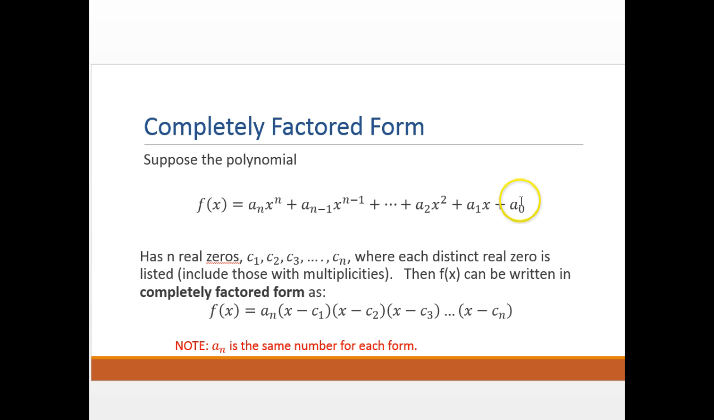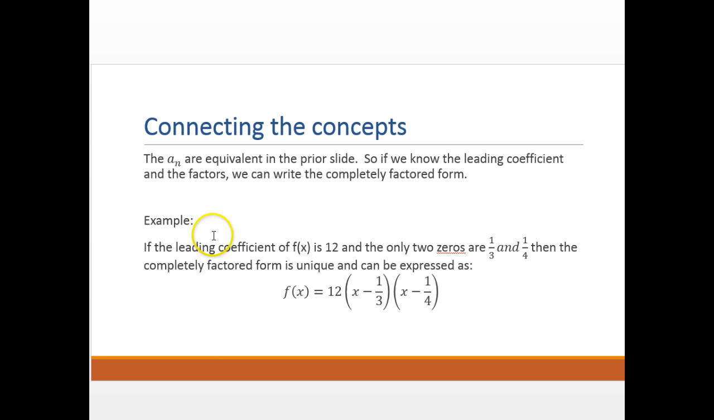I can rewrite this original polynomial as a_n times x minus c1 times x minus c2 times x minus c3 all the way down to x minus cn. In other words, if I know all the factors, I can factor this out completely, each one of these being an x minus ck as a factor, and the a_n out front. Now notice this a_n is the same as this a_n. Let's see how this works. So again, knowing that the a_n's are equivalent in the prior slide, we can write the completely